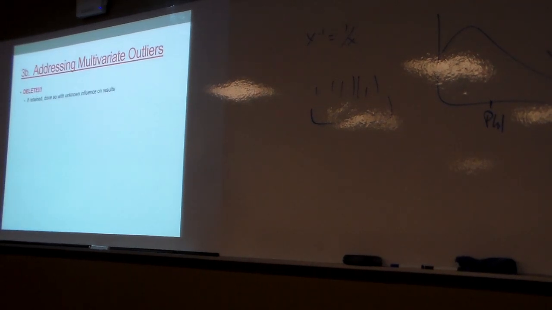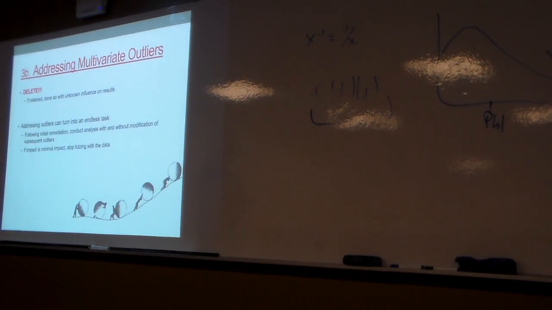So, addressing our multivariate outliers: get rid of them. Okay, you've got a case that's a clear multivariate outlier, you delete it, right? The problem is, even if it's someone you're interested in, we're going to talk about influential values and things along those lines. We're just going to get rid of them, note them, and identify what characteristics cause them to register as multivariate outliers, and then we're going to get rid of them. What ends up happening is that these multivariate outliers can have an unpredictable impact on your model, and often you can have entire effects that are dependent on 1 or 2 people in your sample. That's not a good thing, right?